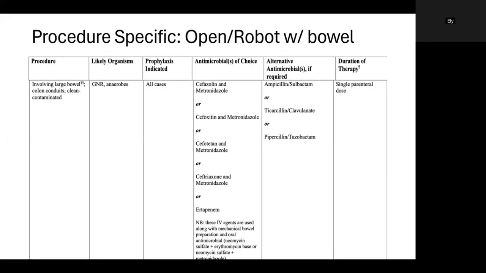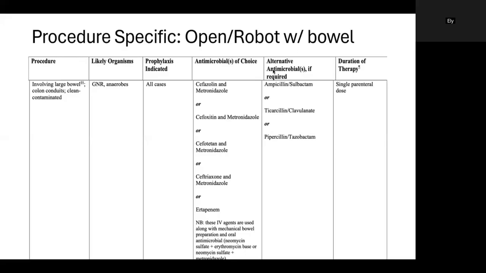robotic cases that enter the small bowel are actually similar to those that enter the urinary tract, with exposure to flora such as gram-negative rods, Staph aureus, and enterococci. Cefazolin is more than sufficient to cover these as part of the first line, but entering the large bowel is actually different. They carry a greater risk for infection from a broader range and a higher concentration of bacterial flora, which includes anaerobes. And in these cases, cephalosporin monotherapy does not suffice, and we need to go a little bit